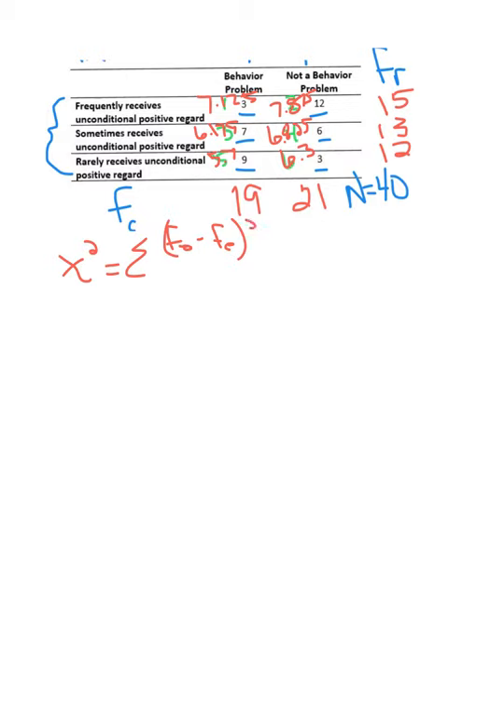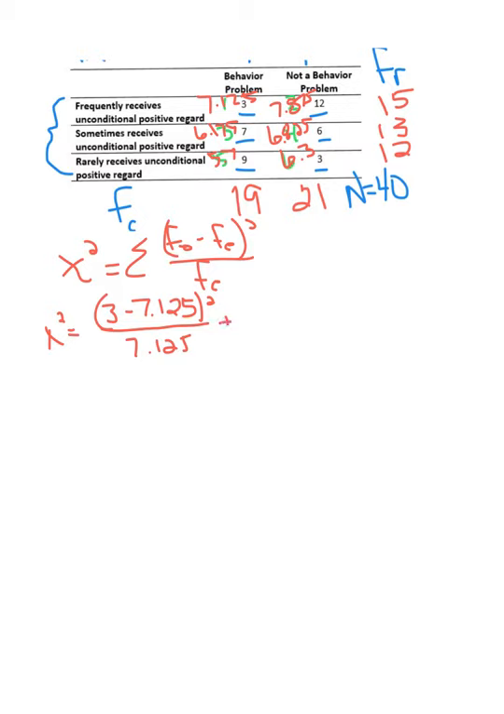difference squared divided by f of E. So remember, we're going to have basically 6 little chi-squares we're going to be adding up together because we have 6 cells. So our first, we'll start here, is 3 minus 7.125 squared divided by 7.125, plus,